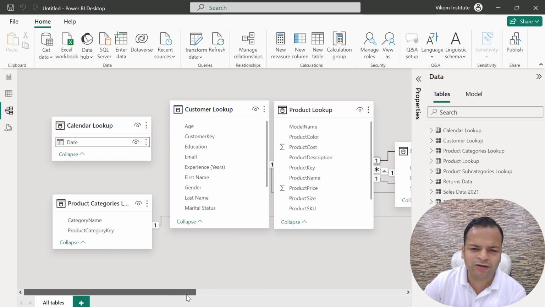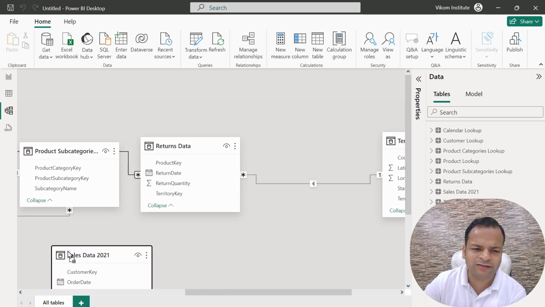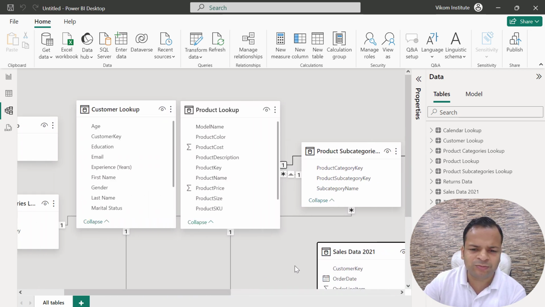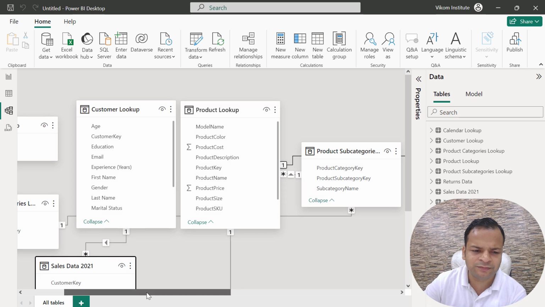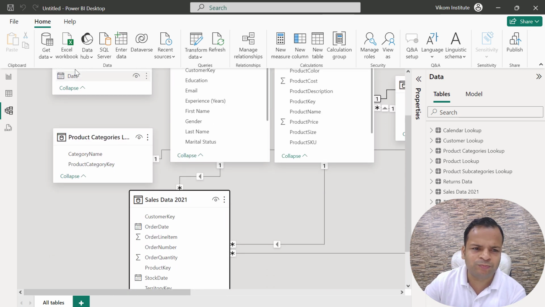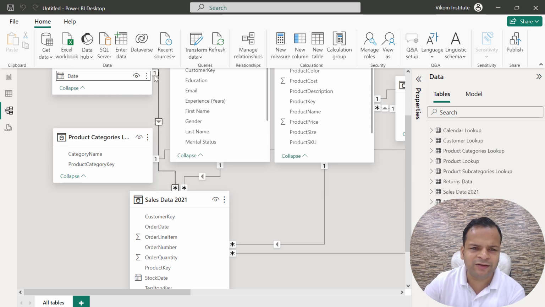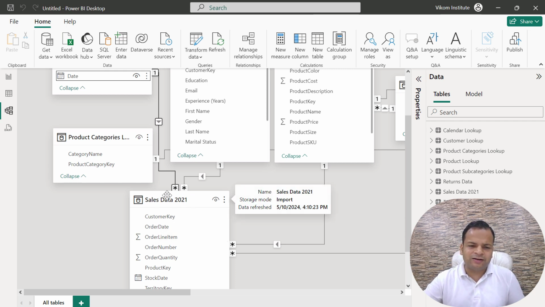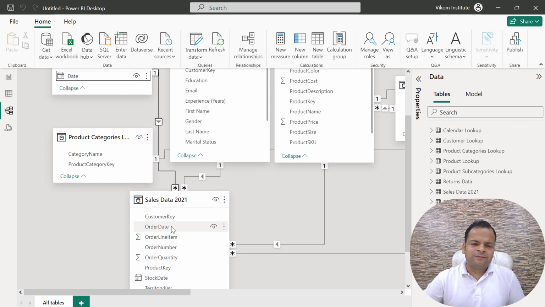or what I'm going to do is simply do some rearrangement over here. Then I'm going to pick this up and drop it here on order date. Then these two files will be linked, and here you will see a one to many relationship. It means this is master data and this is repetitive data. So it may contain multiple entries with the same dates, and this one contains only the unique ones.